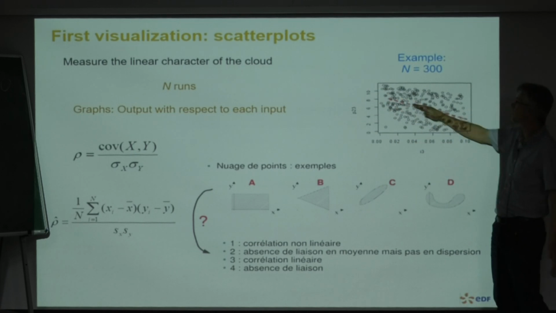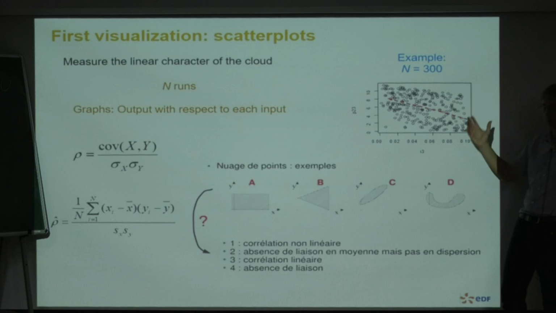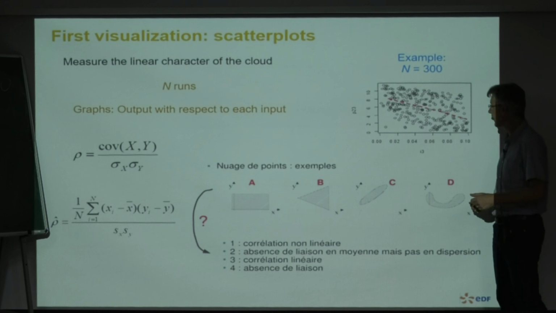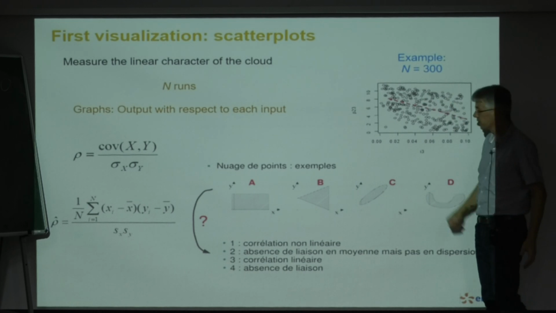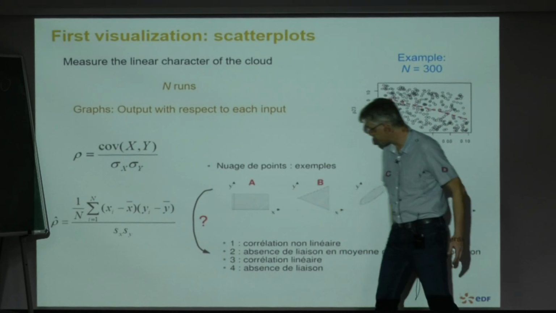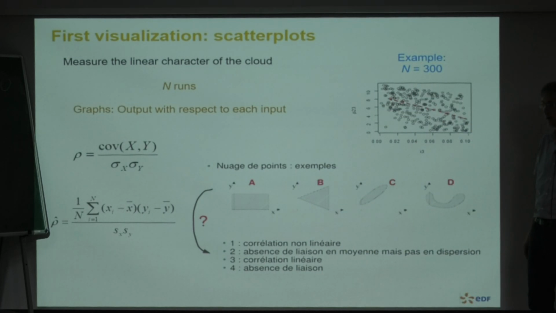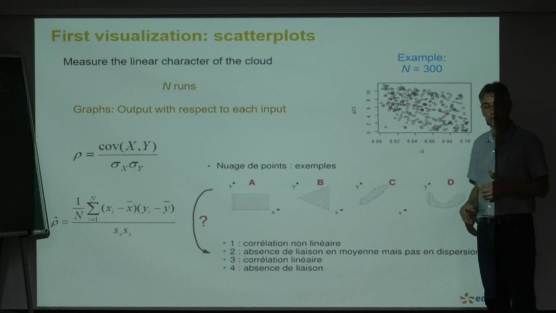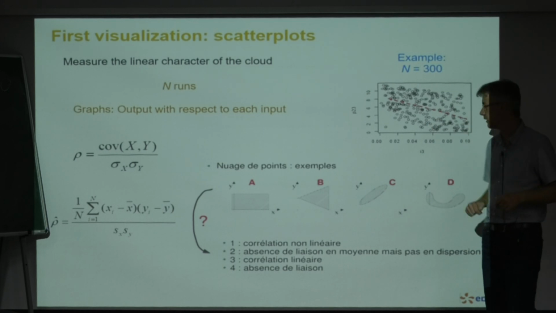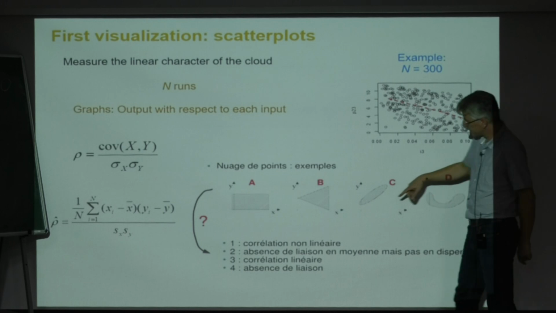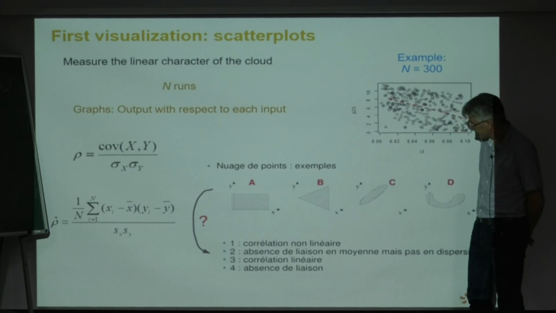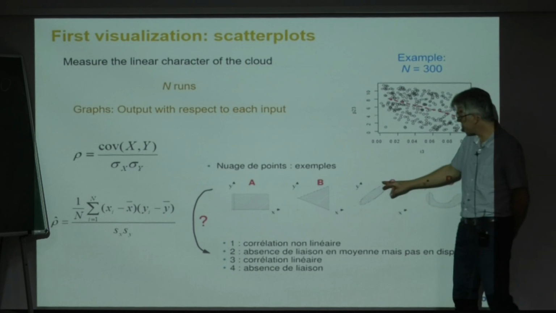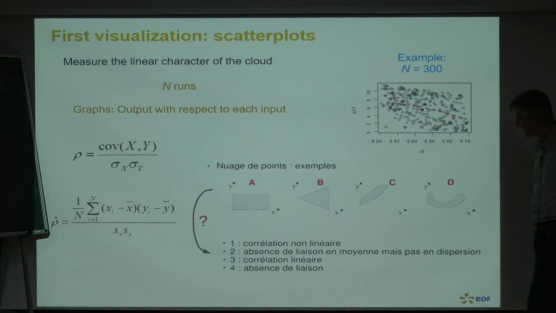So for example, if you see a cloud like this with your sample, you have made a Monte Carlo design. So all the inputs vary at the same time, and finally you obtain some cloud. And this is a classical figure in a French book, maybe you have the same in your country, to explain how to detect some trend in this kind of potato. Same word as Tuesday. So you don't speak French, but maybe you can understand. So the goal here is to link A, B, C, D with 1, 2, 3, 4. So which cloud has a nonlinear correlation?